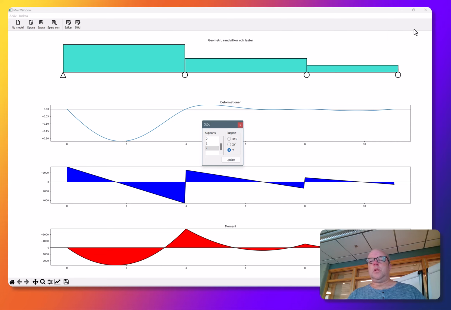So that was what I wanted to show you today, how to implement a bit larger